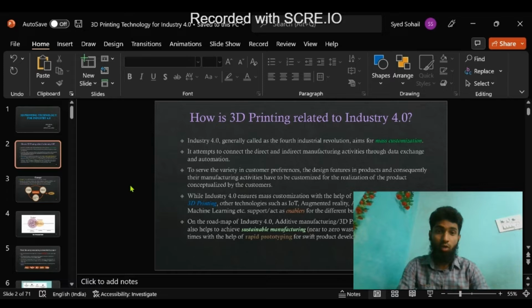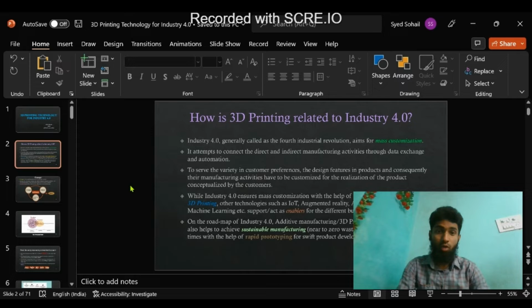But here in Industry 4.0, we are trying to have an integrated data flow between all the activities, direct and indirect, meaning the business functions as well, the sales as well. So that is what we are trying to do to aim for mass customization. We are trying to connect all the activities, direct or indirect, right